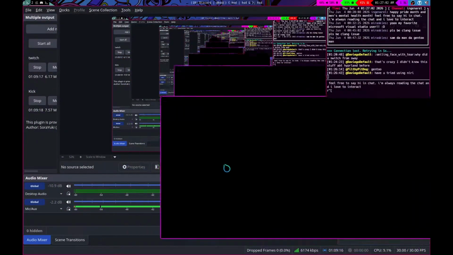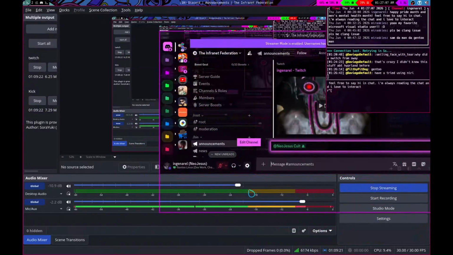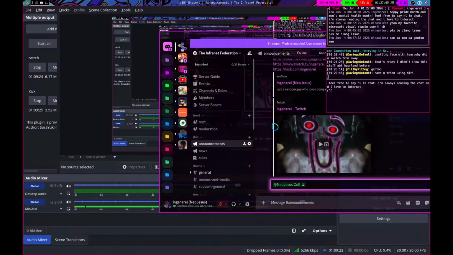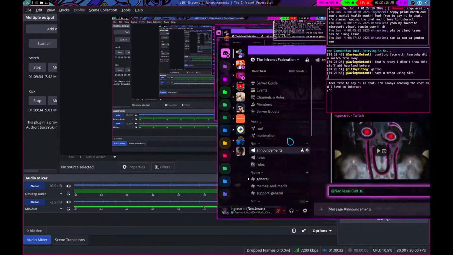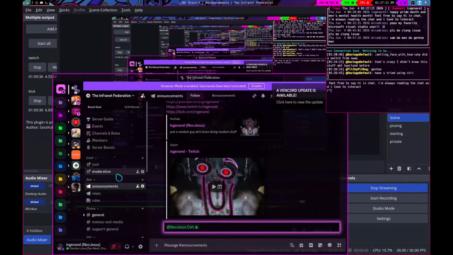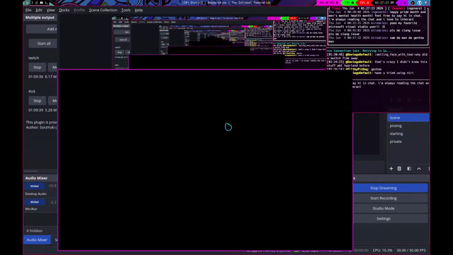So this should all be black. This is my friends tab. This is a DM. It should all be black. Now, if I go to my announcements, this. Now, here's the thing. Let me go to my moderation chat, right? And thankfully, I'm not going to leak my stuff, and it's actually going to be black. Okay, so I went to my moderation, right? And suddenly it's all black. But you have seen that not a single frame was leaked because it was